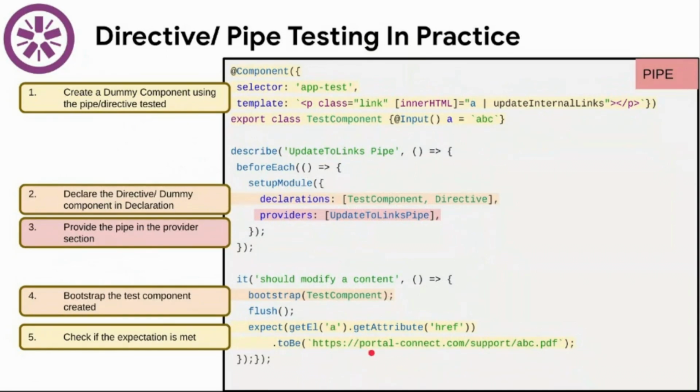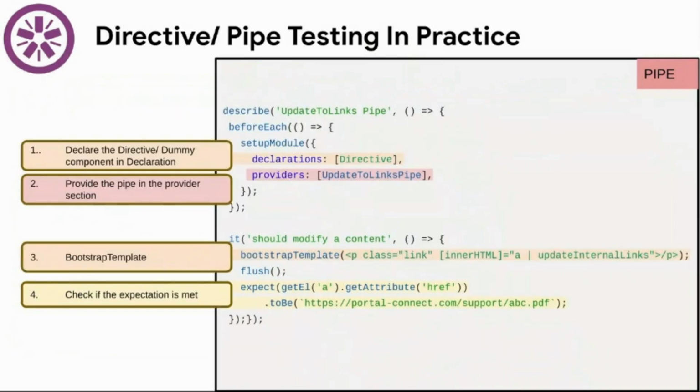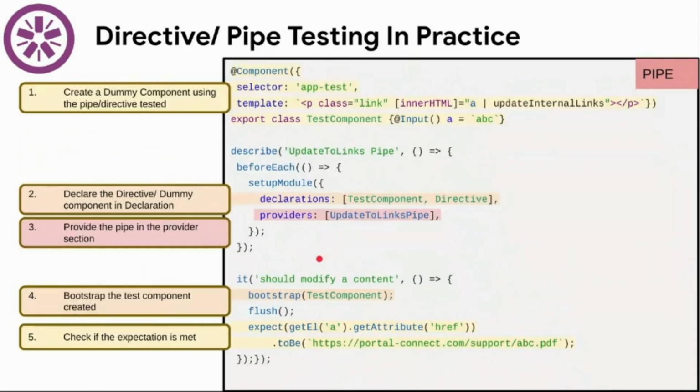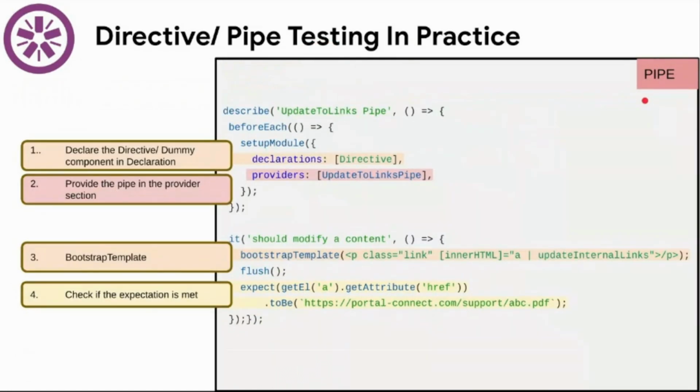Okay. But we have seen a similar approach somewhere else. If we see bootstrap template, it is of the same type. So here directly, in declaration we will put the directive, in provider we will provide the pipe, and in bootstrap template we are going to put the template string which we have used here. This thing would be inside bootstrap template and the rest all will come along. What bootstrap template has reduced is the effort of writing one more dummy component, and we can test accordingly, for directive and pipe, whatever it is. So using bootstrap template we can test our pipe and directive very easily.